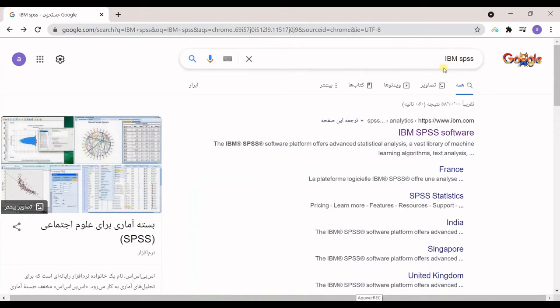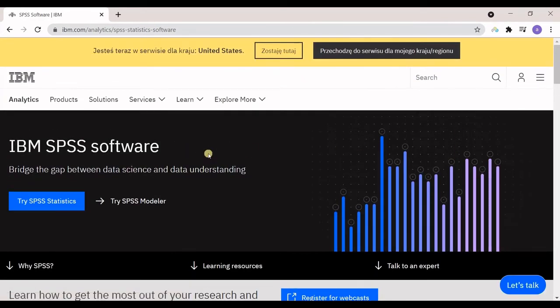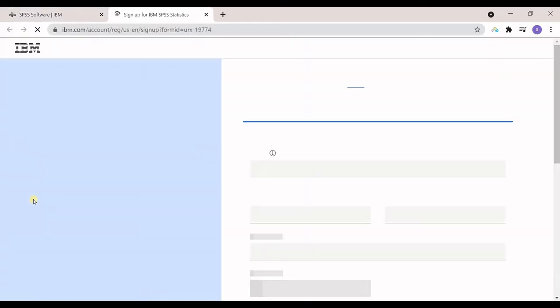So you can see I have searched IBM SPSS. You can see the first website is IBM.com. I click on that, and then you can see the first call to action is Try SPSS Statistics. So this is the trial version of SPSS. If you click on that,